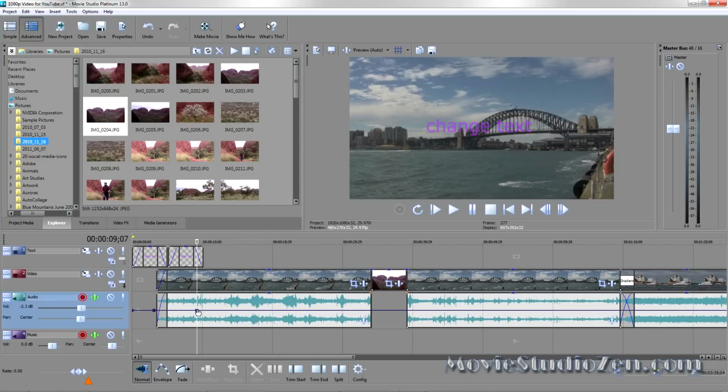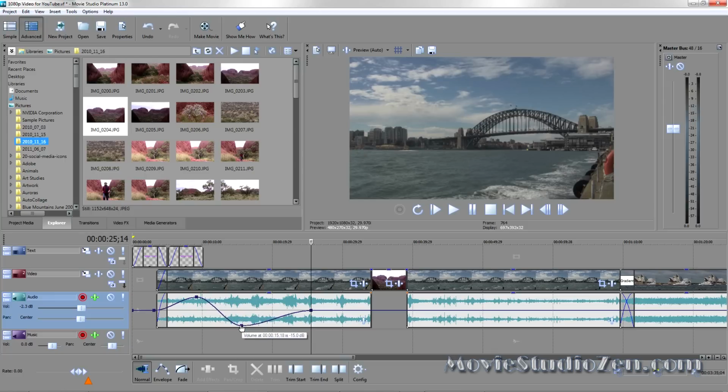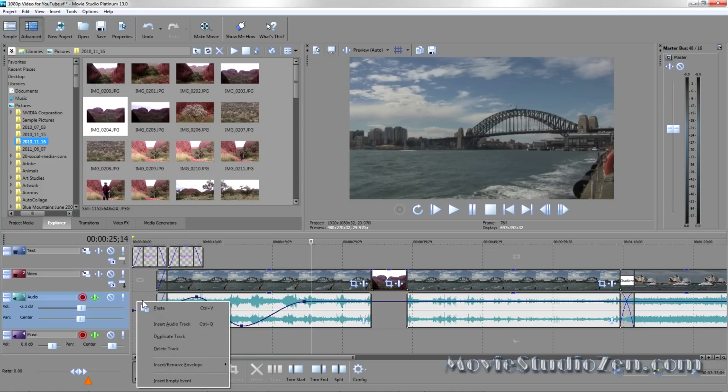And if I start double clicking, I can raise this and lower this, and this represents volume. So if I need to change volume over time within a video clip, I can add this envelope so that the volume will go up and down and up again. If I need to get rid of it, I can right click again and just turn it off.